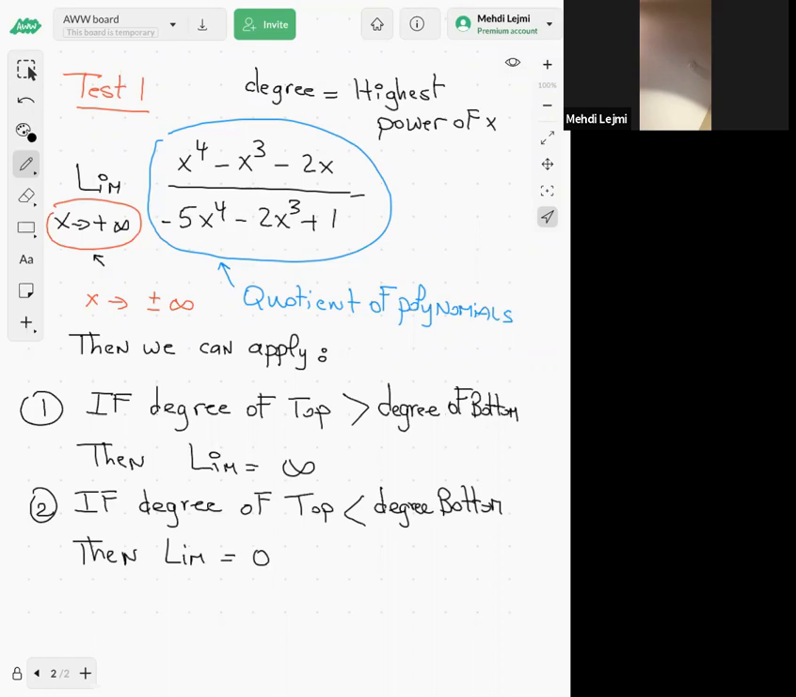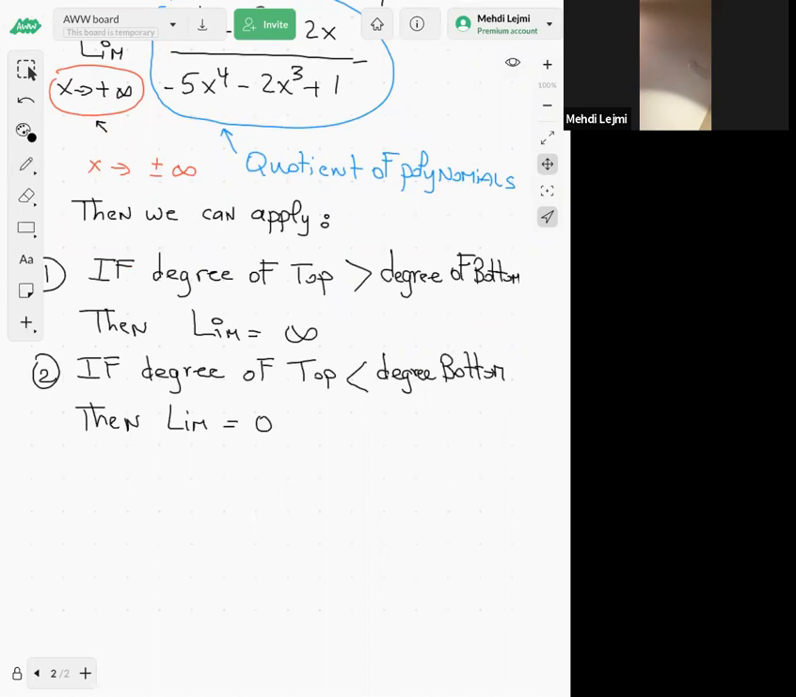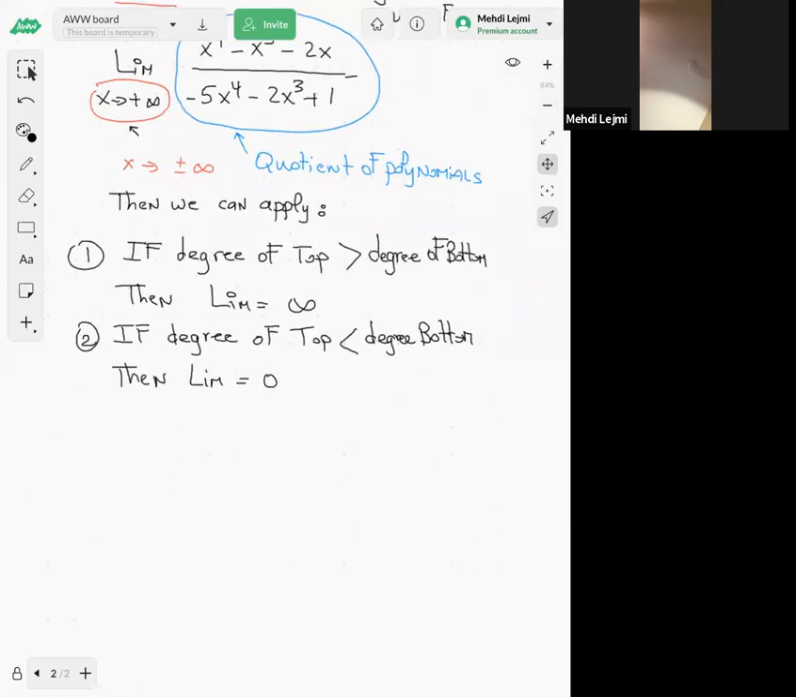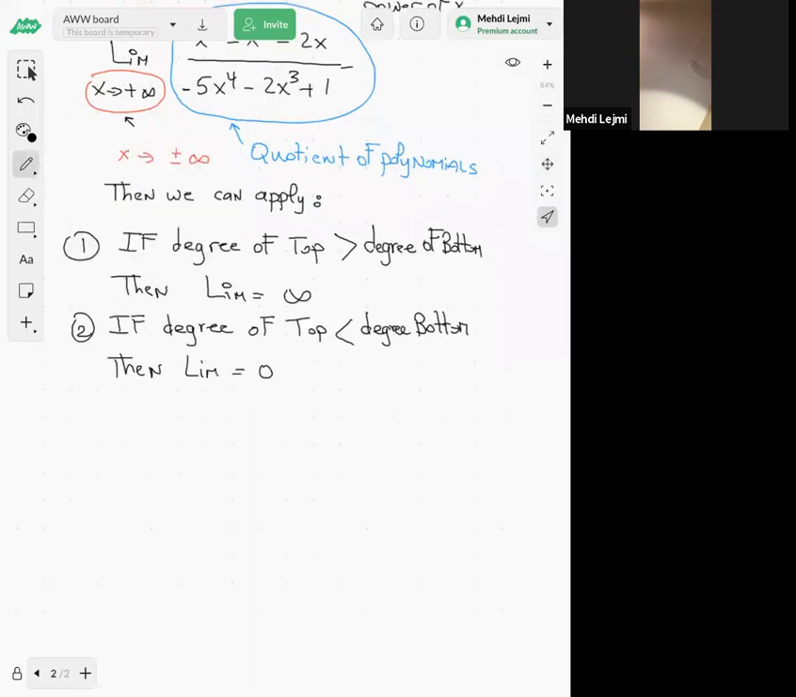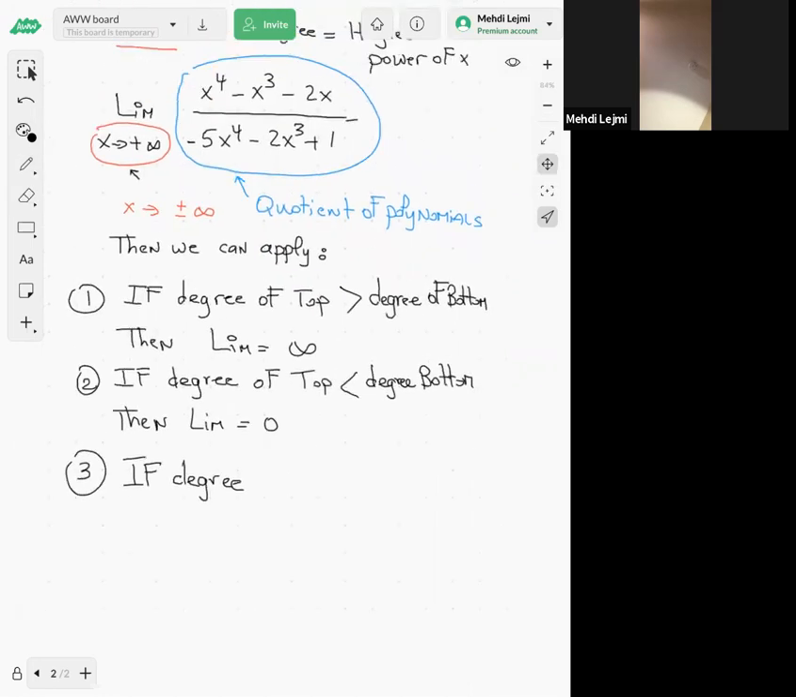Okay. Now, if I'm going to just zoom out. Yeah, then if the degree, or the highest power of x in the top, is equal, like in this example, right? The degree of the top is 4, degree of the bottom is 4. So if the degree of the top is equal to the degree of the bottom,